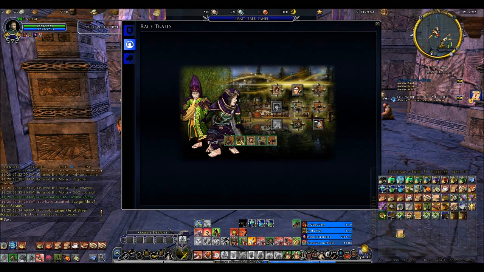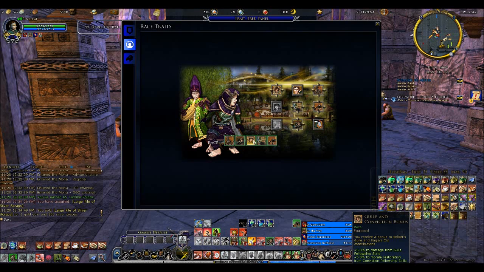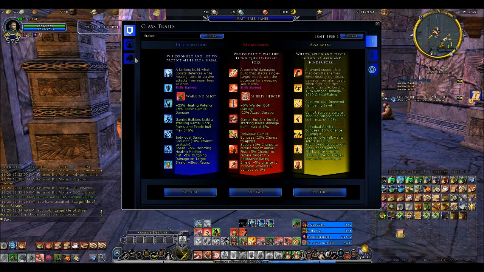Guile and Conviction, Hobbit Stealth, Hobbit Stature. Well, Hobbit Stature isn't as important as it used to be because now I'm based on agility rather than might, but it could still be useful for things like blocking. Guile and Conviction, really? I don't need that. So next time I go to the Matham house, I should get Virtuous Hobbit and swap it in place of Guile and Conviction. But the main thing here is the panel here where I could choose my 3